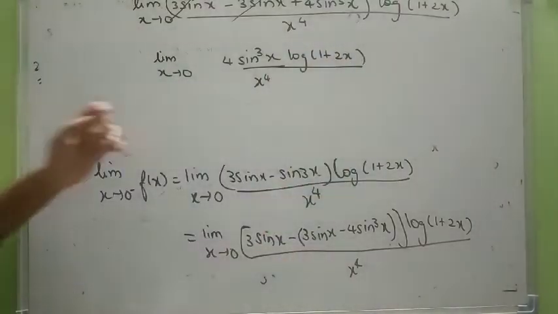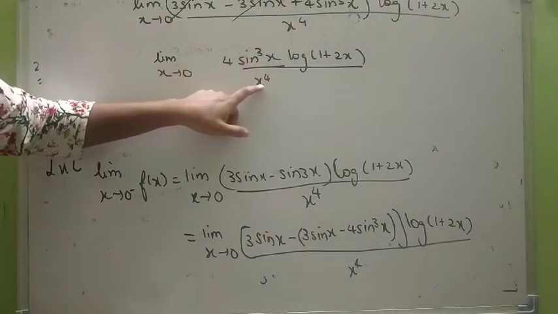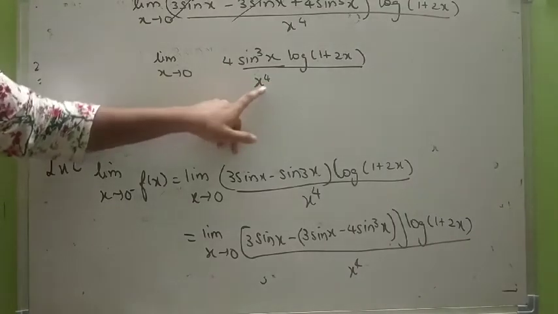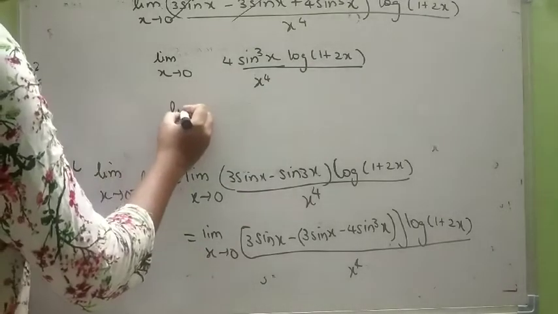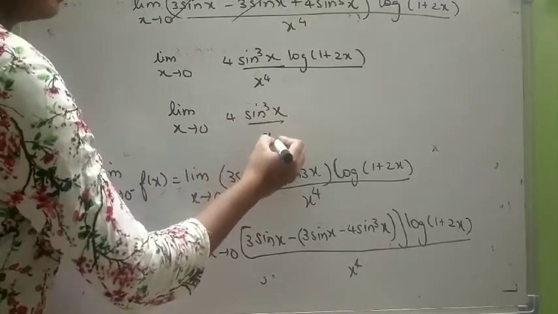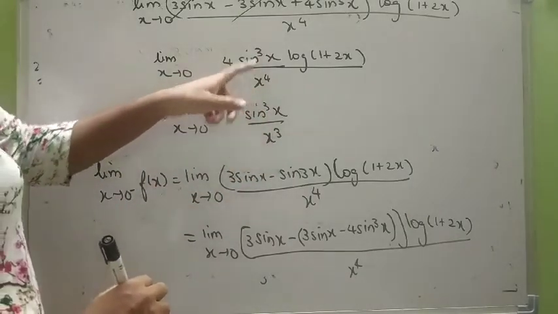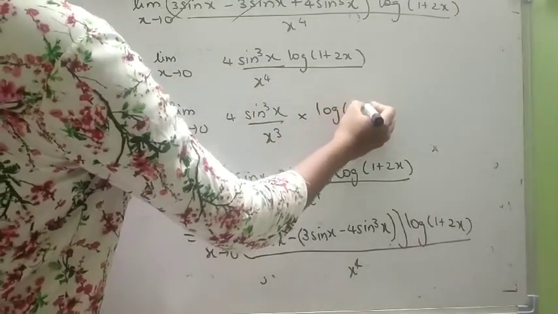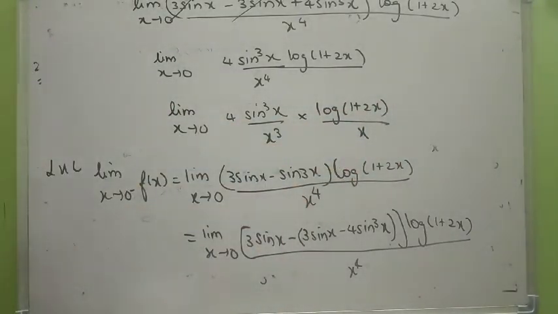Okay. Now you can distribute. So this power is cube. So how many x will you need? Cube. So x raised to 4 can be split as x cube into x. So one extra x which is remaining out of this 4 can be given to this one. So this will be sine cube x upon x cube. Out of 4, 3 I gave here because this is cube. If this was 4, all 4 would have gone here, but this is cube. And one more extra x is remaining right here. So this is also in the standard form, log of 1 plus something upon x.